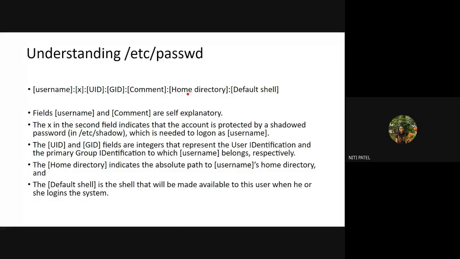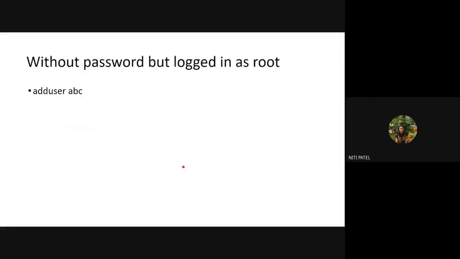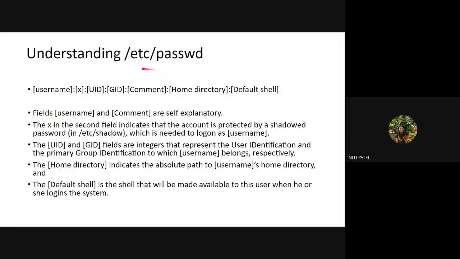Next is the home directory. What is this home directory? It is nothing but the default home directory which gets created when you create a user. So the name of the home directory is also stored inside your etc/password file, and which is the default shell. So if you are a normal user, your default shell will be having a $. If you are a root, your default shell will be hash. Okay. So that detail is also stored inside etc/password file.